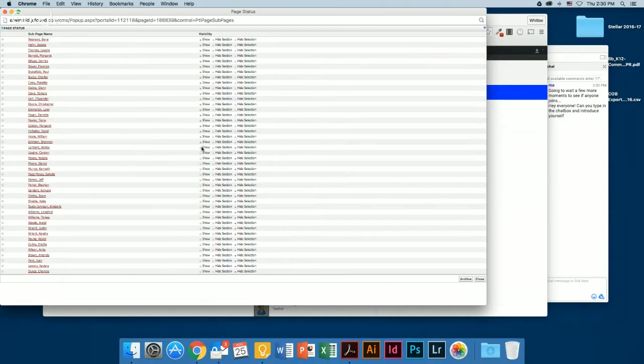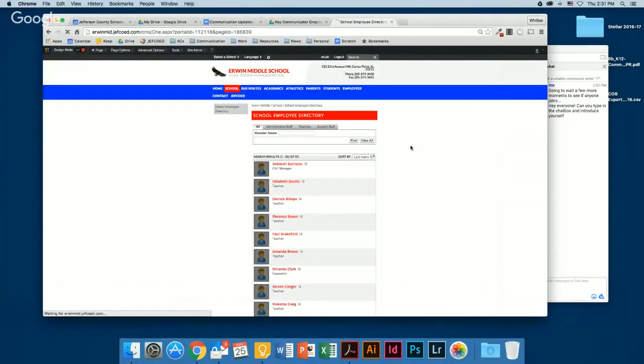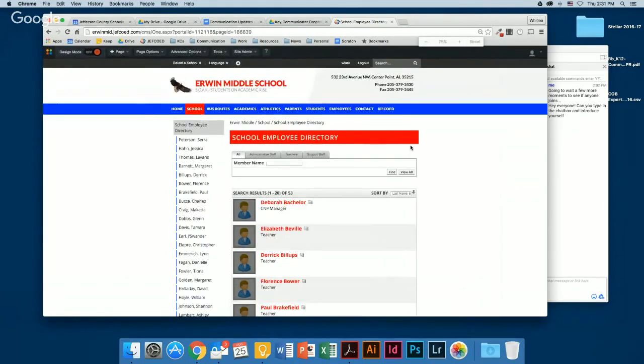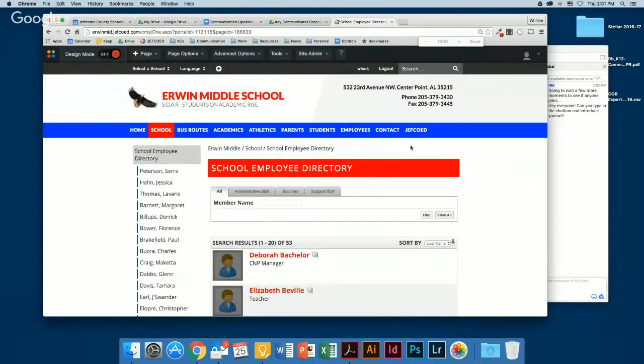So I just zoom out really far so it won't make me scroll. Okay. Now if I hit close, ooh, that's tiny. Then it's going to show me all of those hidden teacher pages so then I can move them.